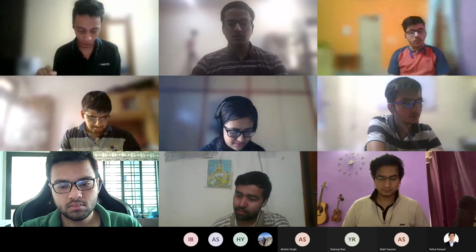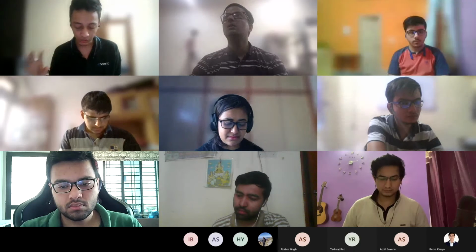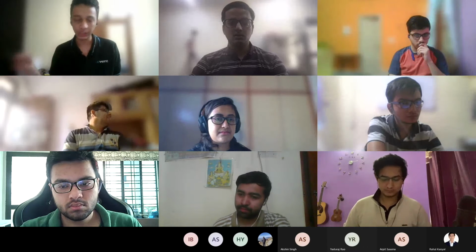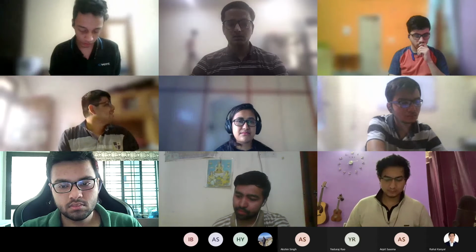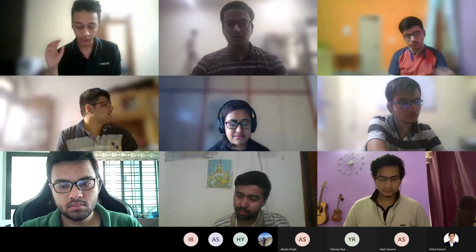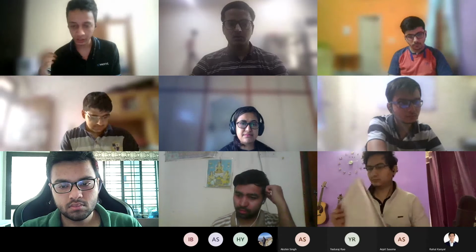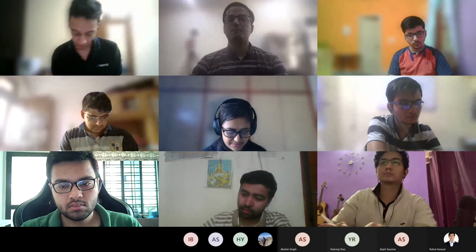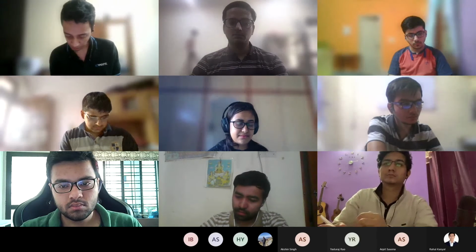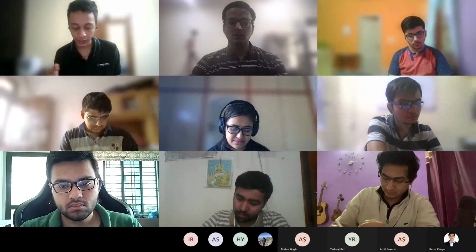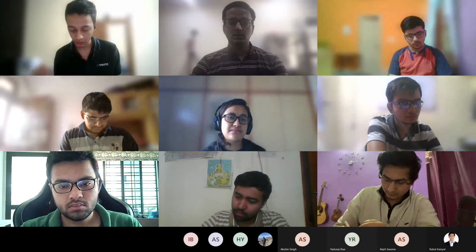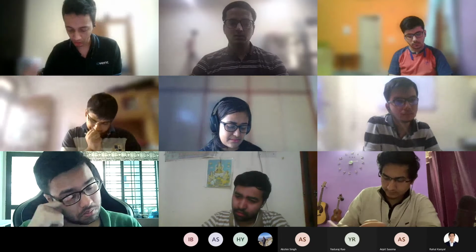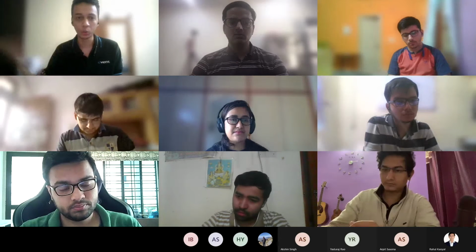Every small f belonging to F is a function going from V to V, where V is the set of values. F should contain the identity function. The identity function is a function f such that f(x) = x for all x in the set of values V. Why should the identity function be there in F? Because we need to support, for example, a function for the NOP instruction.